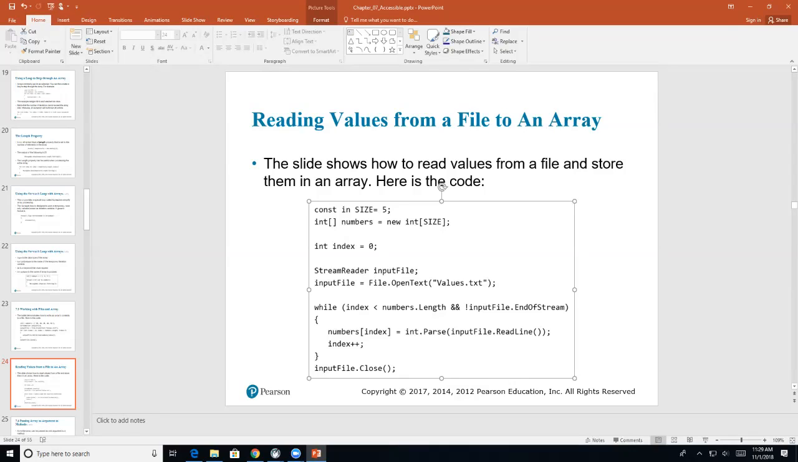So we're looping through index 0, 1, 2, 3, 4, up to the length of the array, which means it's 5. And the input file has not reached an end of file, an end of stream. So this is an AND. So they both have to be true for you to continue on. So what this means is, for example, if there's only 3 integers in this file that we're reading in and loading up into this array of numbers, there's only 3 of them in there, then it will end after 3